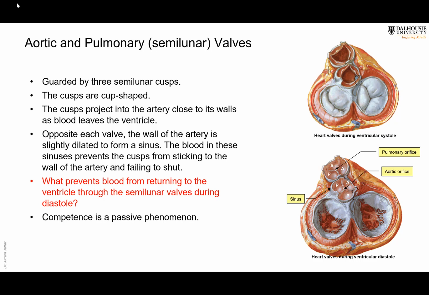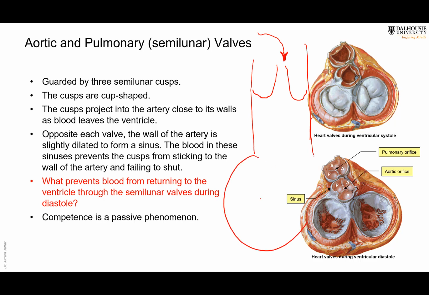The reason is that these valves, whether the aortic or the pulmonary valve, if you look at them in profile, you will find that they are like a cup, something like that. So during ventricular diastole, we have a cup here again, and this is the vessel, okay? So during diastole, blood tries to return back to the ventricle. Let's say here, it is the left ventricle, okay? While the blood is returning back, it will push these cusps in front of it, and so the